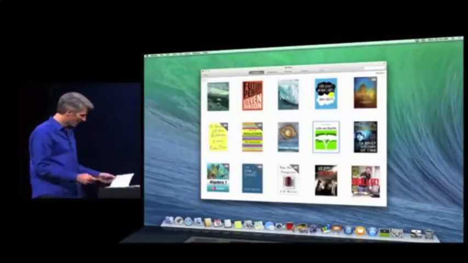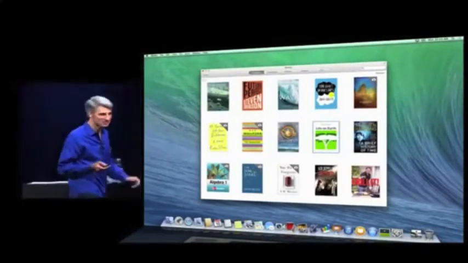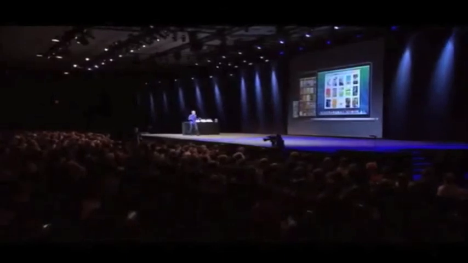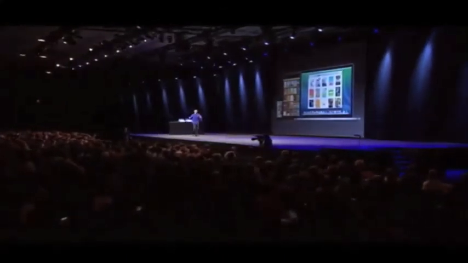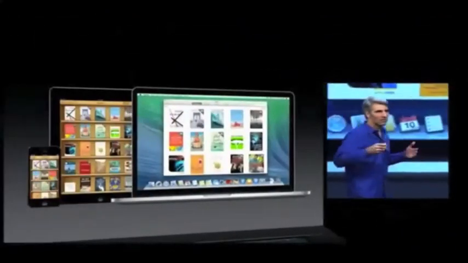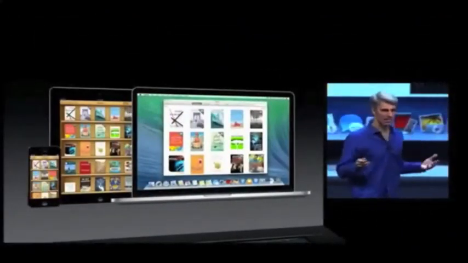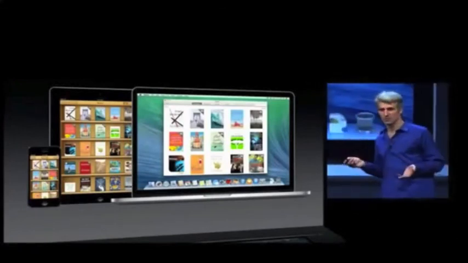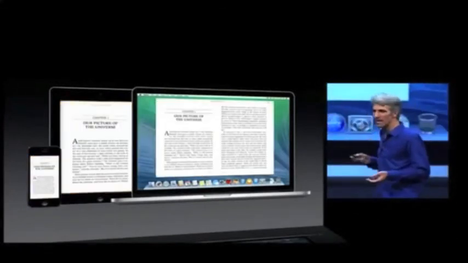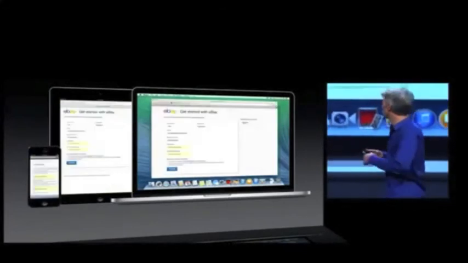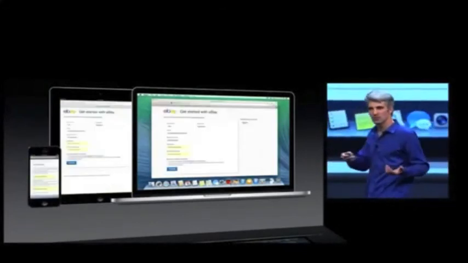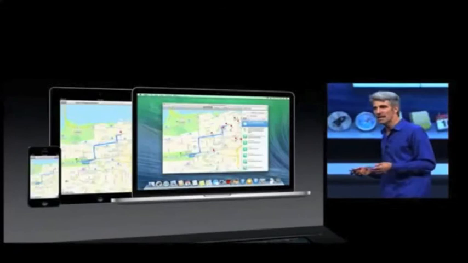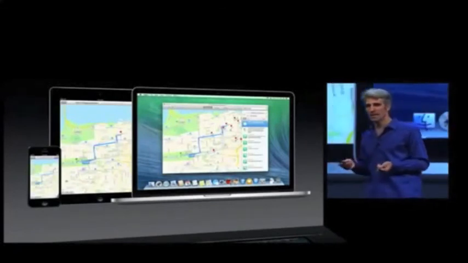And that is iBooks in Mavericks. So Mavericks continues making your digital life follow you easily from device to device. So now your books are available on whatever device you choose to read them on. Remembers what page you're reading. We now remember your passwords, so they're available to you across all your devices, even now your bookmark location and